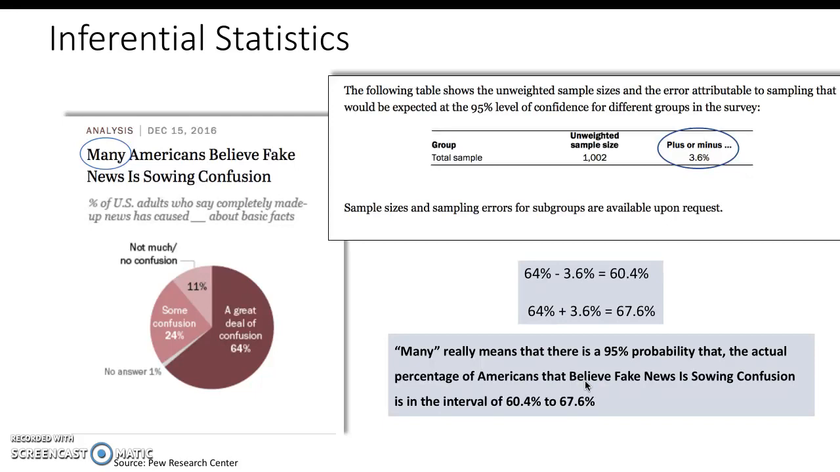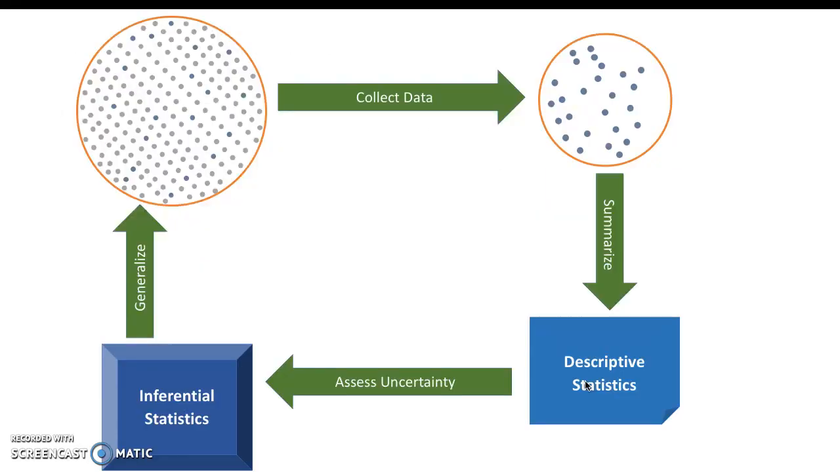All we see in the report is many Americans. Digging deeper, we get to the inferential statistics down below, where that many becomes the number and it becomes actually this range of numbers, 60.4 to 67.6, and the 95% is our measure of uncertainty, or our measure of certainty. Okay, so here is our